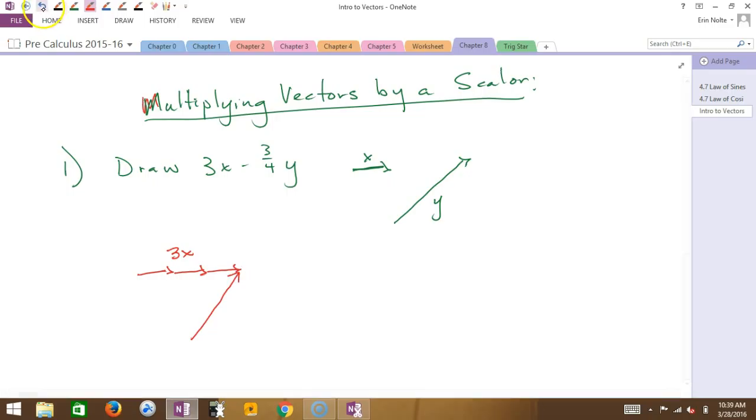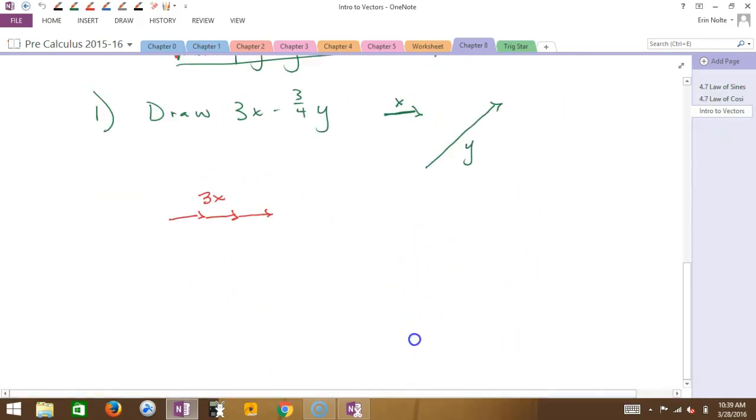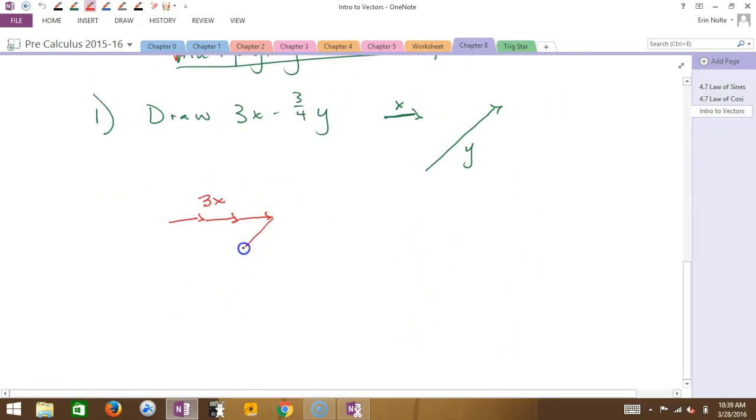And let me try that one more time. That didn't look good. That didn't look like 3/4 to me. There we go. Okay, so this is 3/4 of y. Now the result, I'm going to draw this in green, is going to go from the start to the finish, basically creating a triangle. Okay, so the resultant vector,